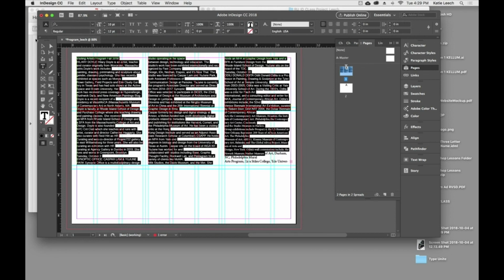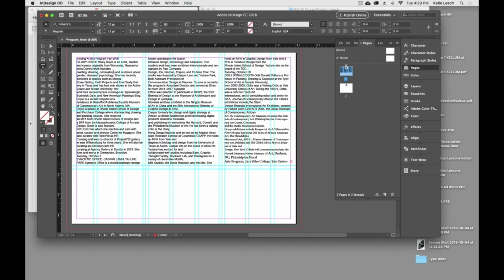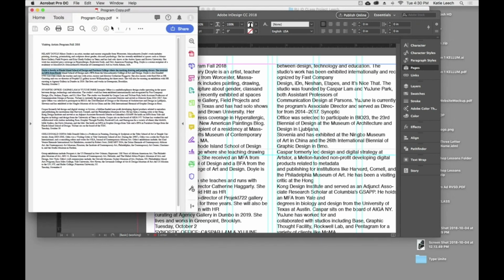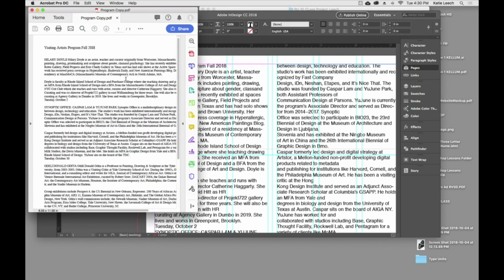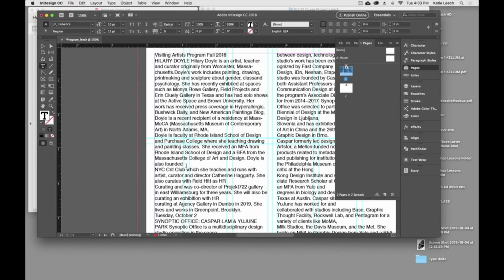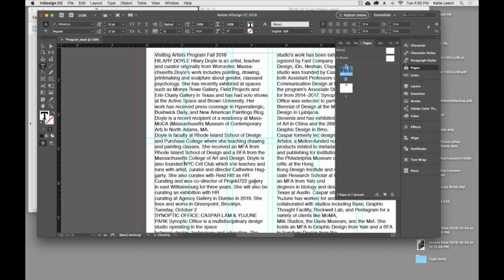It still keeps creeping up with more copy, and I think the best thing to do now is to get rid of these extra spaces. That might be a paragraph, so we'll just leave that. Go back to your PDF and see if that is a paragraph. And it was a paragraph, so I'm going to leave that there. We'll typeset everything in a little bit, but right now we're just trying to get some spaces and get everything into a nice